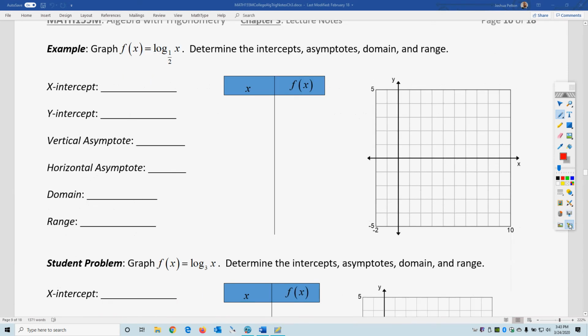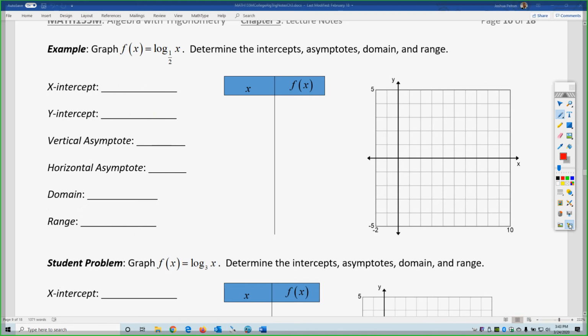Okay, so this time it's log base 1/2. If I rewrite that as an equation, I get y equals log base 1/2 of x. But I really don't want to write a table plugging in x and getting y, because that would be decimal values. So I'm going to rewrite that in exponential format, which is 1/2, the base of the log, is the base of the exponent,